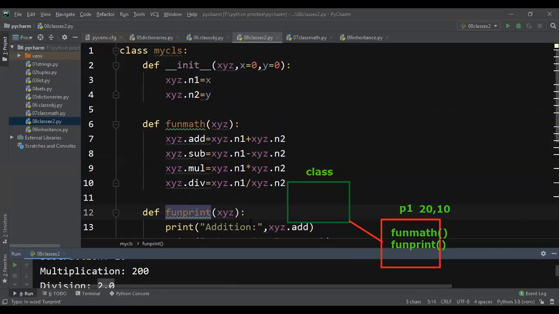Any doubt? If you have any doubts, please let me know. Any doubt?